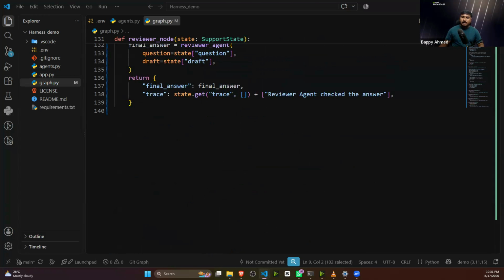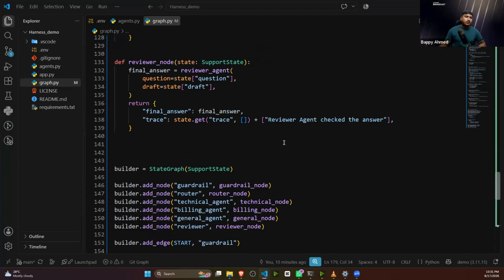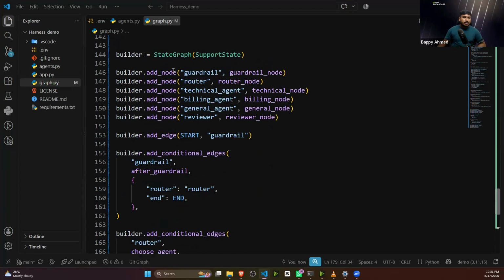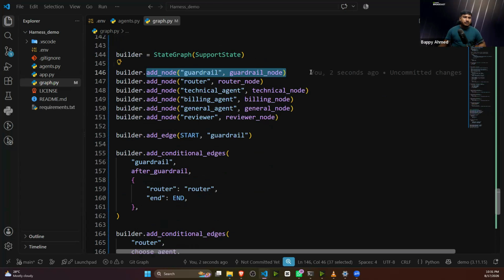Now how to create the graph? Again, this is super simple. Let me show you. This is the graph, guys. If you understand the graph in LangGraph, it will be easy for you. So first of all, we are adding all of the nodes one by one: first the guardrails node, router node, technical agent, billing agent,